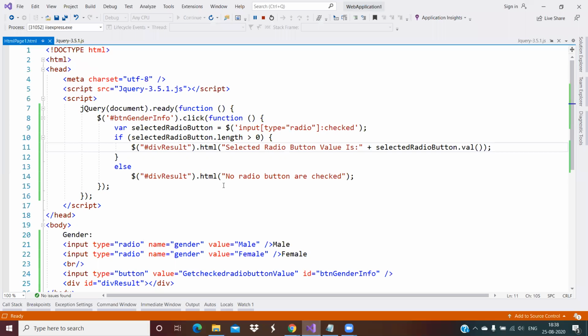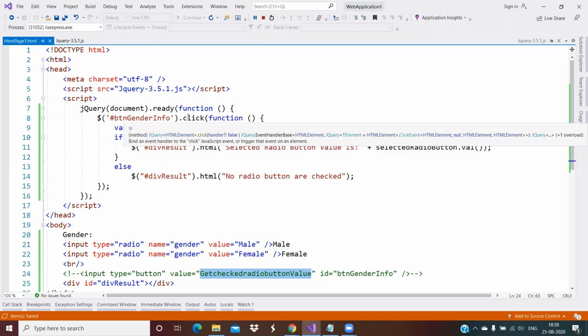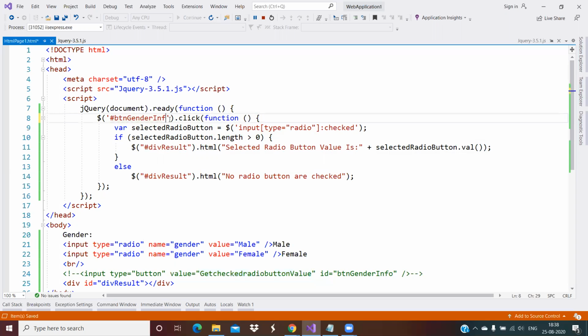So for that reason, what to do? I just comment this button so that the button is not displayed. Save it. So instead of this click event, now this button is not there. So I can bind this click event to the radio button. How to identify the radio button? Simply I go for the element selector, so I put input.